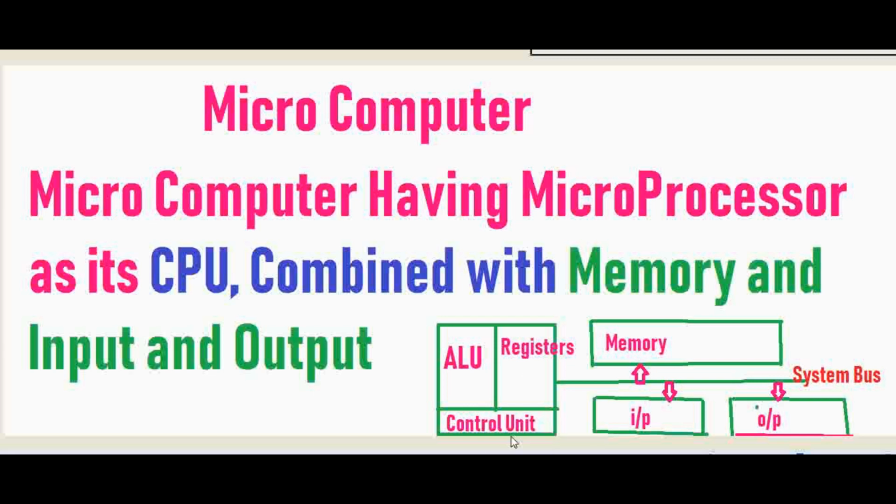So this is the structure of a microcomputer which has components like ALU, registers to store the data, then control unit to control the operation, memory required to store the instructions, and we have input device and output device. An example of input devices is a keyboard, mouse. Through that you enter the data into the microcomputer, which is stored in memory, and the data of memory will be executed at the ALU in the CPU.